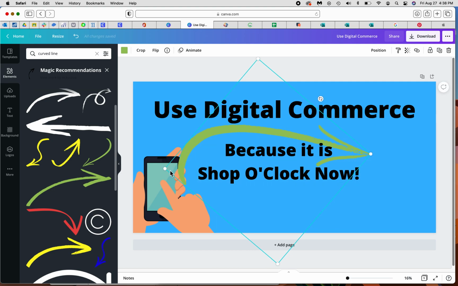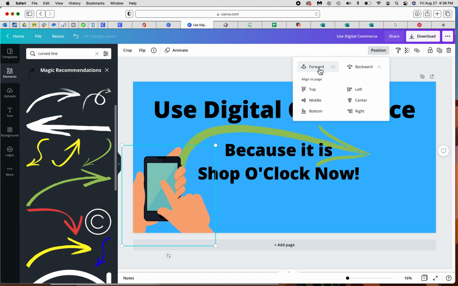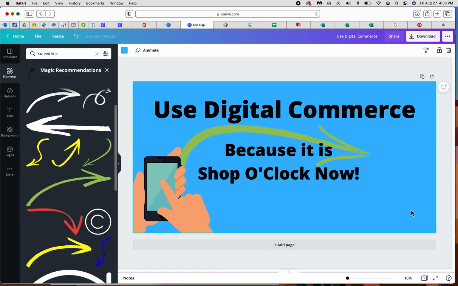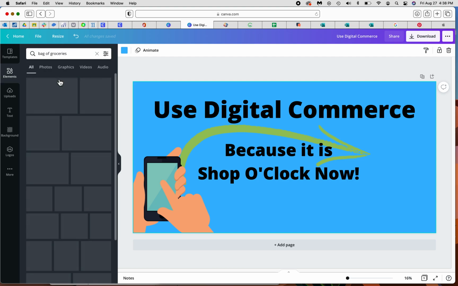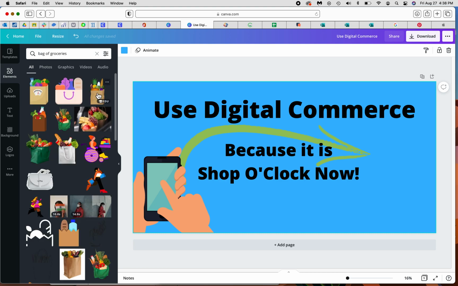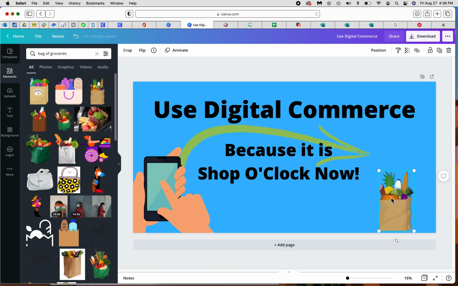I'm going to put this line behind this picture so I can actually position this and bring it to the front. Now the line is behind it. Not sure where my groceries went, but I can find that pretty quickly because it was one of the first ones. There we go. So now